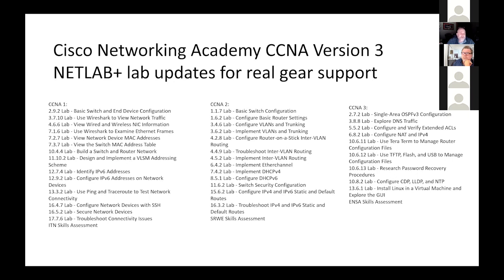It's just you have to make a business decision if you want to set up real gear or not. And that's where NetLab is designed to try to create aggregation where somebody can afford a NetLab, they'll set it up and then share with others. That's the intent. But I understand the challenge, Steve.